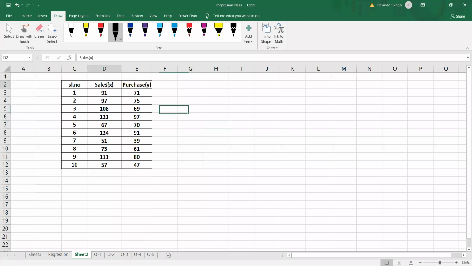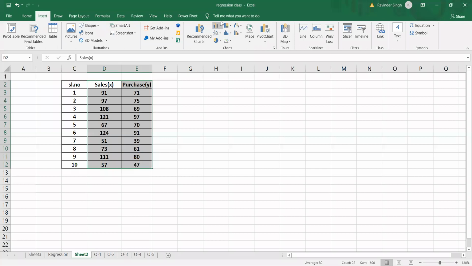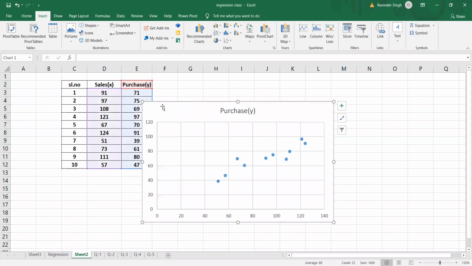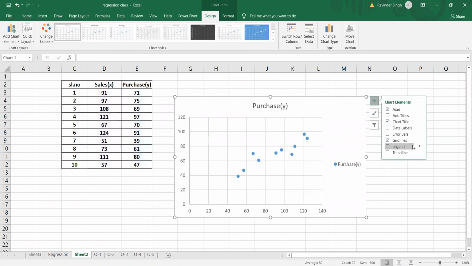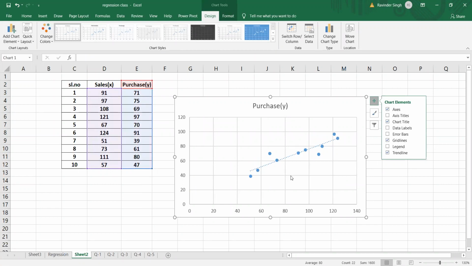So first thing I'm going to do is plot these two data. Now we can see the behavior of the scatter diagram. So the scatter diagram is almost coming like this. So now I have to draw the equation of straight line. Okay, this is the straight line which is predicted now. This is the y. This is the equation. This line is nothing but y on x. This line represents y on x. So what is the equation of this y on x? We will find it in a while.